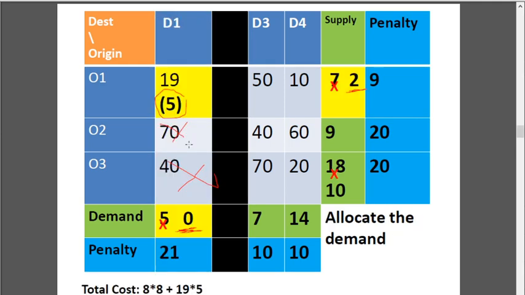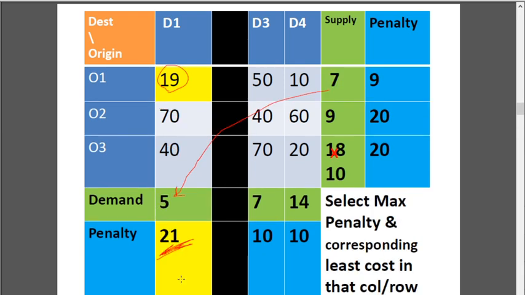And one more thing, as and when you allocate the supply here, update the total cost then and there itself. You can also calculate the cost at the end, but to make it simple, whenever you update the supply and demand here, you can keep on adding to the cost.